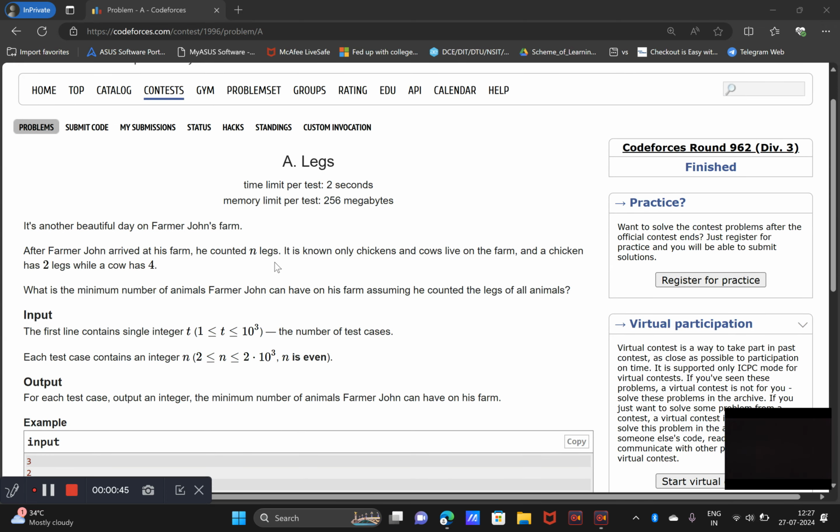In this problem, for every test case we are given an integer, and we have to tell how many chickens or cows live on the farm. As we know, a chicken has 2 legs and a cow has 4, so we have to find the minimum number of animals. There are n legs. If we want the number of animals to be minimum, so the max,